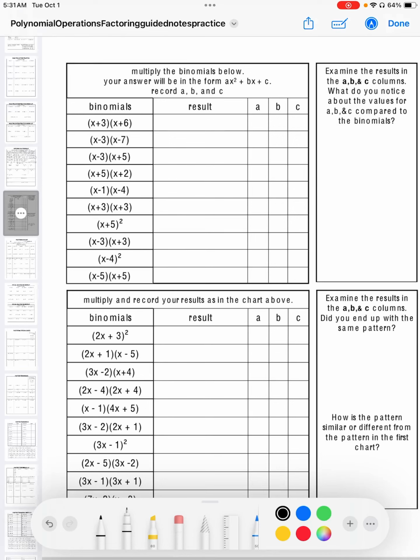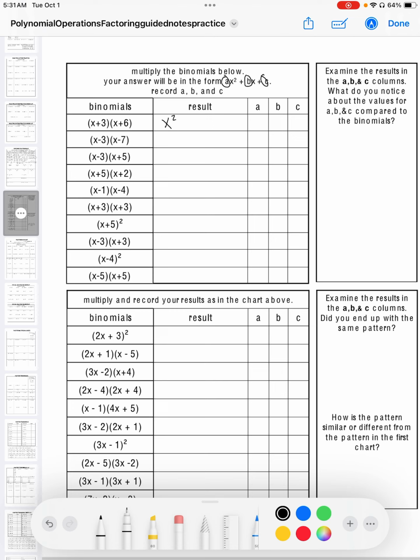Okay, for this section, you need to multiply each of these binomials, put your result here, and then find a, b, and c. A, b, and c are the coefficients of each term. I'm going to go ahead and give you the answers for the first couple, but then you'll need to multiply in the rest. So for this first one, x plus 3 times x plus 6,